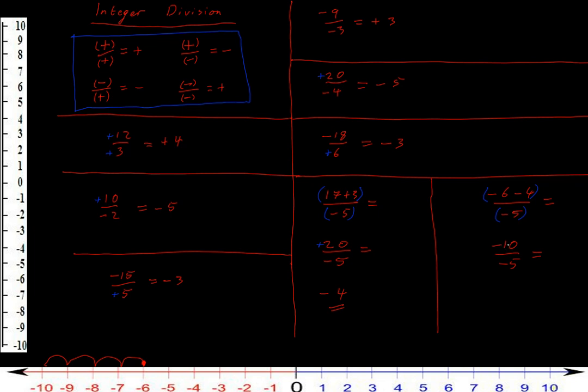Now that I've done that tidying up of my top line of my fraction, I have minus divided by minus is going to give me plus, and 10 divided by 5 is going to give me 2. So now I have all of my work done. I have plus 2 as my answer here,